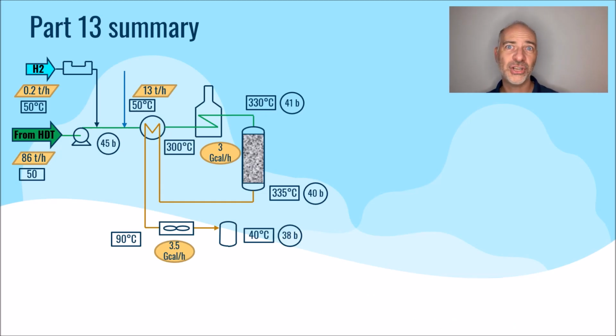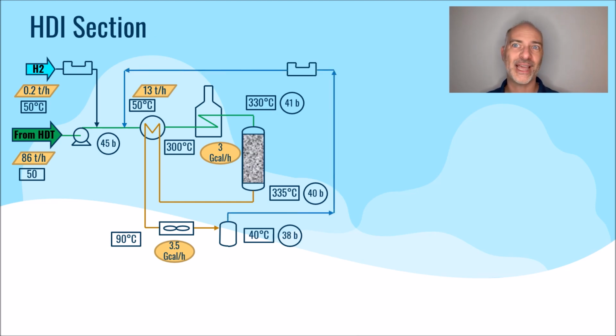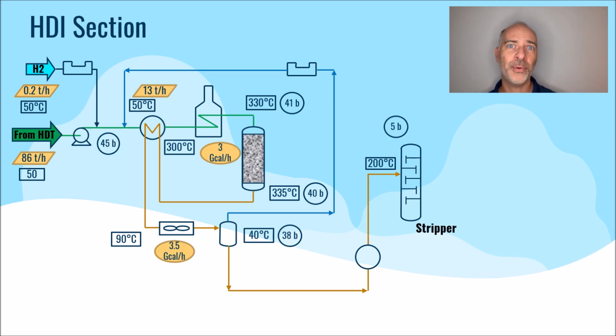In the previous section, we discussed the isomerization/cracking process, and now it's time to conclude this section. The drum separates gas from liquid, with the gas being recycled and the liquid phase routed to the stripper. Before entering the stripper, the liquid is preheated to around 200 degrees C and the entire system operates at about 5 bars. In the stripper, stripping steam is injected to create an upward gas flow and promote the vaporization of